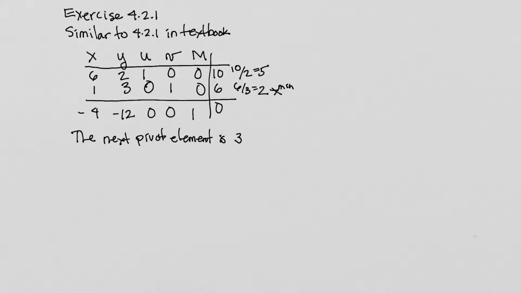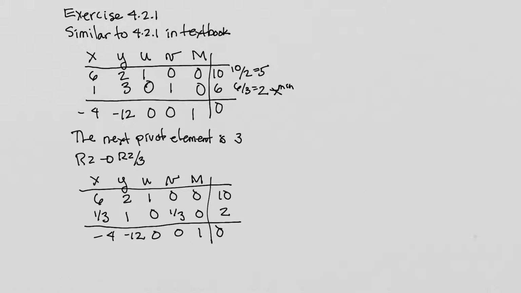Now part B of the problem asks us to find the next tableau. And we're going to get the next tableau by making a pivot, and that's going to be on this 3. So we need to make that a 1, and then after we get that a 1, we'll get a 0 here and a 0 here. So to get a 1 here, what we will do is take row 2 and replace it. Row 2 is going to become the current row 2 divided by 3. So if we divide this row by 3, we'll get